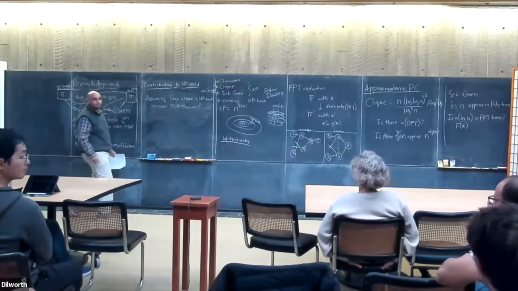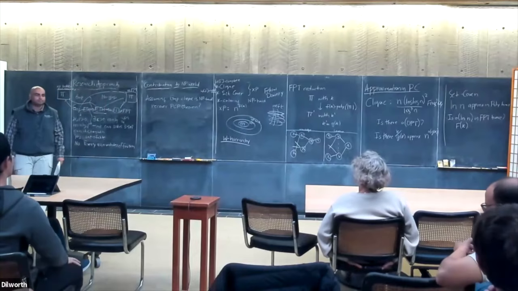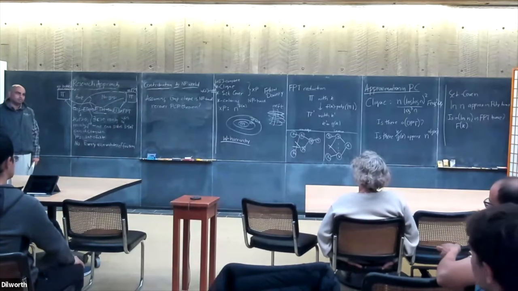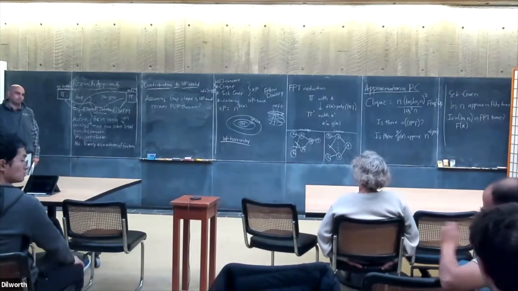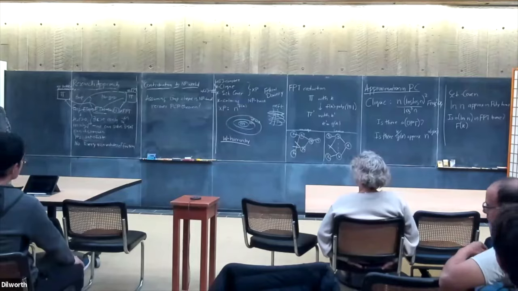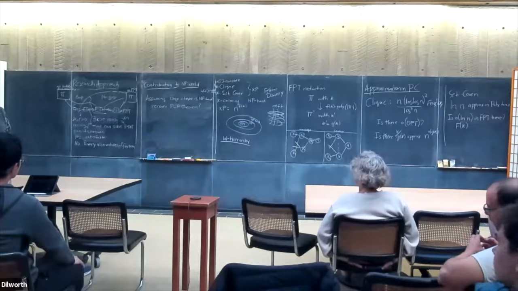Irit mentioned that you can convert PCPs to gap clique problems, and if you knew that these gap clique problems were hard in their own right, you'd be able to convert this back to a PCP. Are there weaker structures that you can impose on gap clique to recover some kind of PCP theorem? Is it just the FGLSS, or can you play with it?